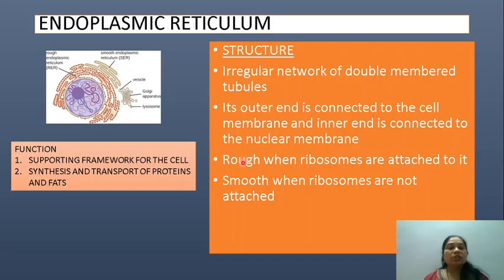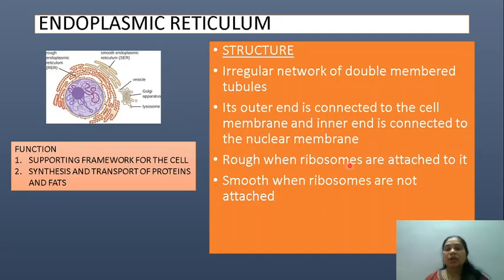Okay, now how does it look? Rough. Okay, they look rough when ribosomes are attached to this. So when the endoplasmic reticulum has ribosomes, you can see these red dots that I've shown here. These dots are known as the ribosomes. So when the ribosomes are present, it is known as rough endoplasmic reticulum. And if the ribosomes are absent, as in this case, where there are no red dots here, this is known as smooth endoplasmic reticulum or SER, and because the ribosomes are present here, this is rough endoplasmic reticulum.